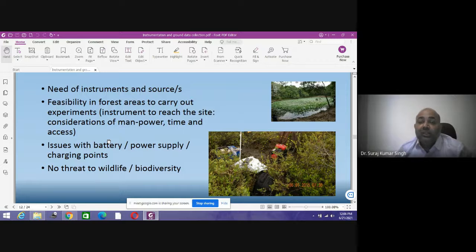So what happened is, the point where we were searching to go, we were unable to locate it in the field, because there was a change in the topography and the land use, as well as the road and rail connectivity. So we asked the local villager which is the point, and we were supposed to see that